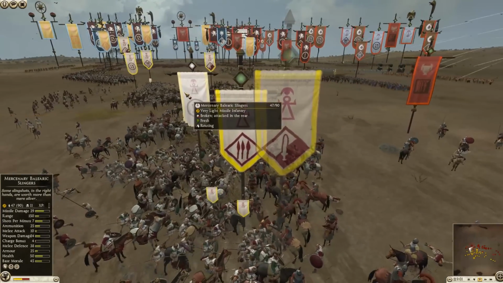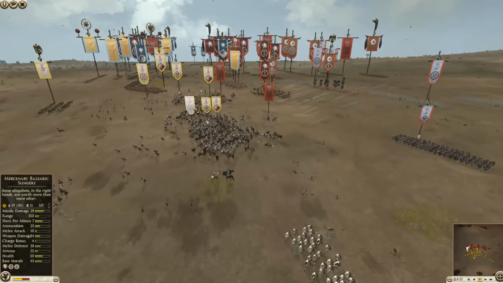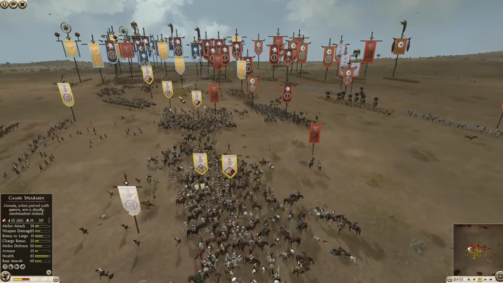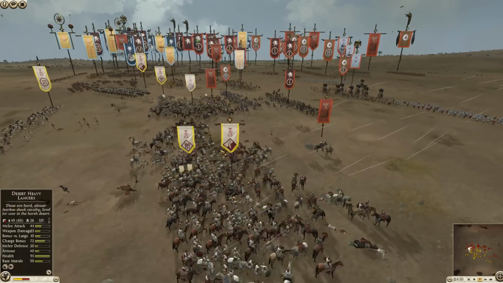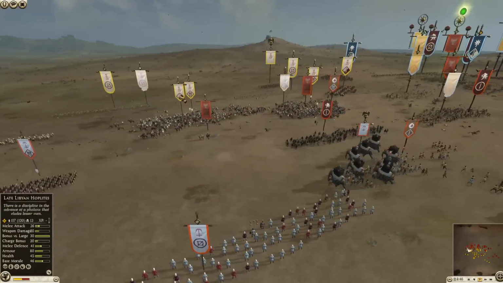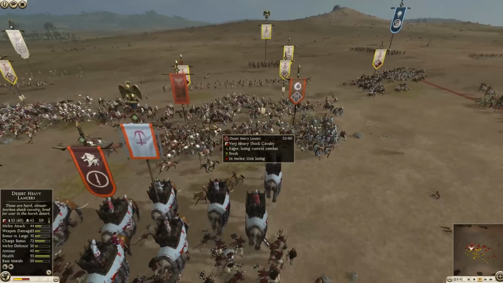I underestimated how long it takes for slingers to retreat because this game is just different than Warhammer, and so I paid an unfortunate price here by losing a lot of slingers. But I was able to intercept and stop these desert heavy lancers, but it just shows you how brutal those lancers are. Now, immediately since my missiles are in retreat, the Seleucid player intelligently just swings his cavalry in here